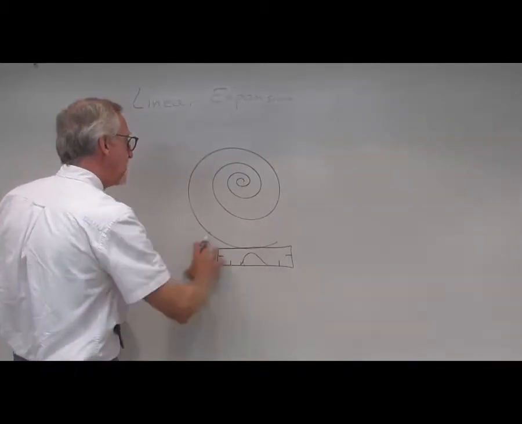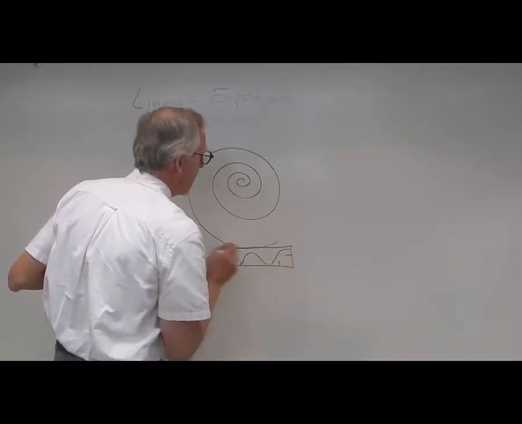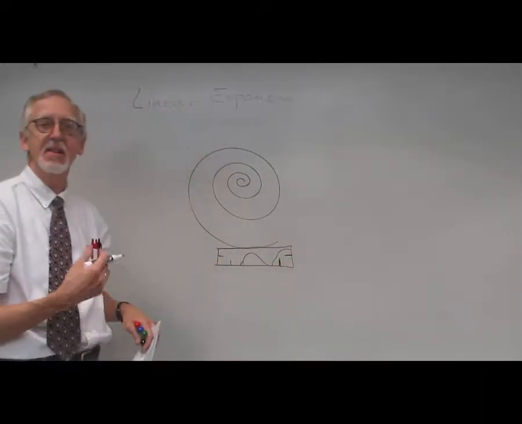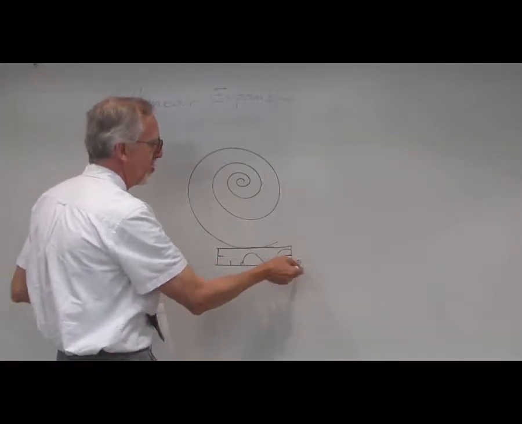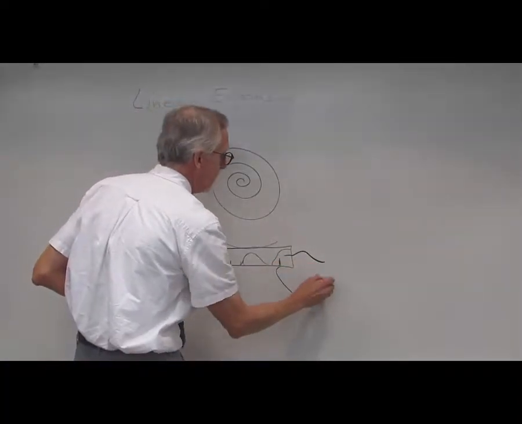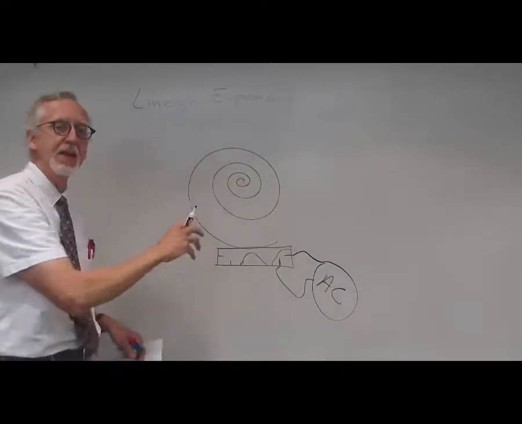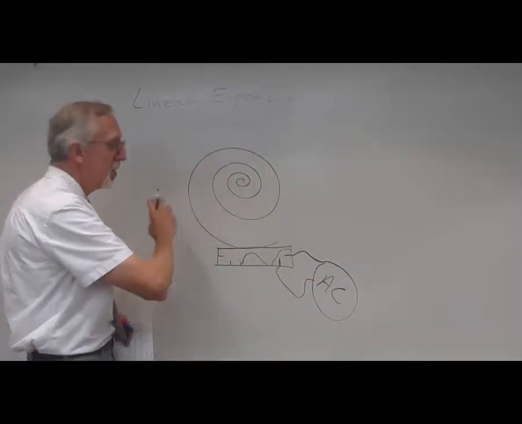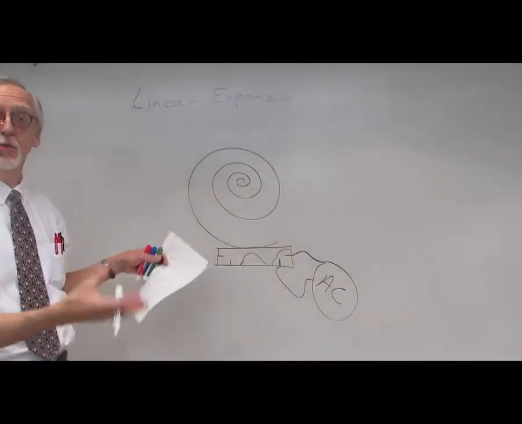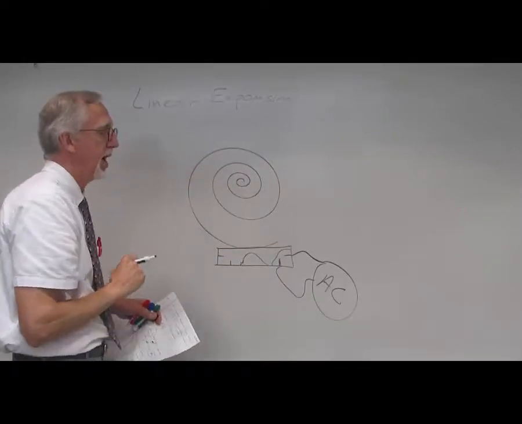This vial would tip, and the mercury would flow down to one end, connecting these 2 terminals, making an electrical connection, and electricity would be able to flow through those connections, and then those wires would be connected to an air conditioning unit. So when the coil heated up, it would move, the mercury would flow down, turn on the air conditioner, the house would cool down, this would rotate back, the mercury would move away, and the air conditioner